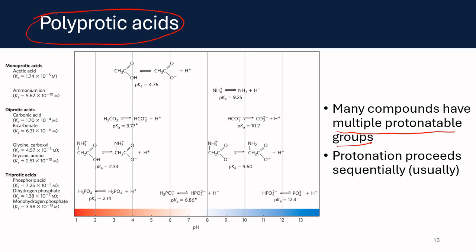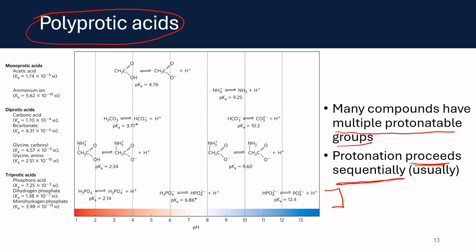And these are really quite ubiquitous. And the important thing for you to know is that protonation and deprotonation proceeds sequentially, okay, in these polyprotic acid cases. Let's consider phosphates, the phosphate system, as an example in this chart, which only contains a few of the several polyprotic acids out there. Okay, when we start in maximally acidic conditions, like let's say we just have a jar of phosphoric acid, okay, it's mostly going to be